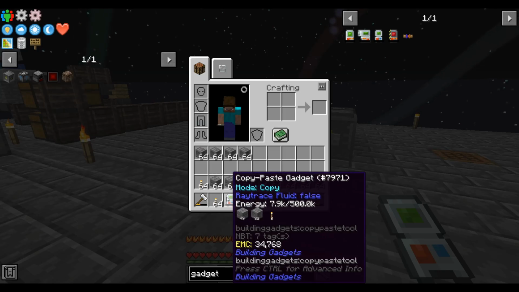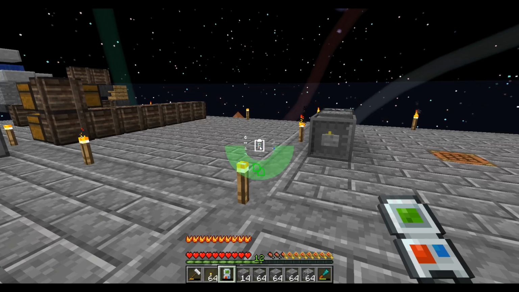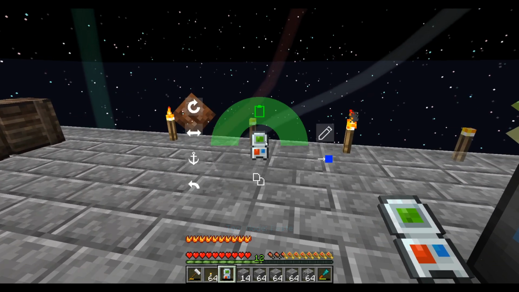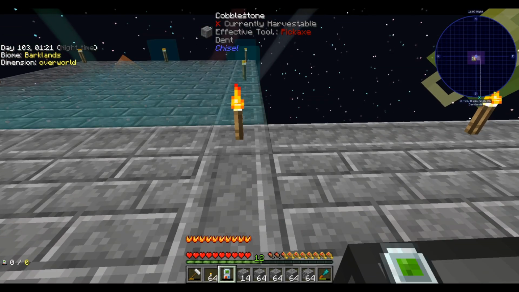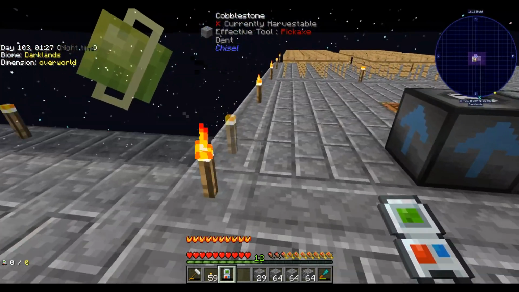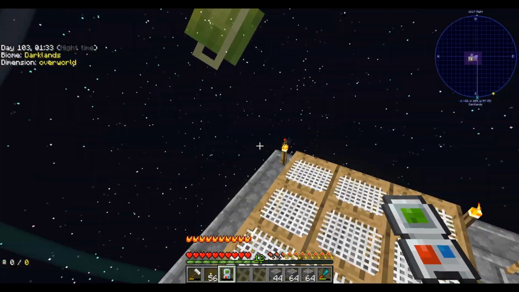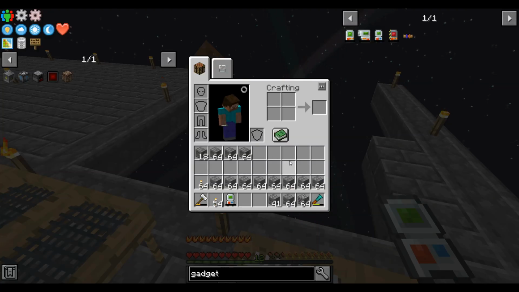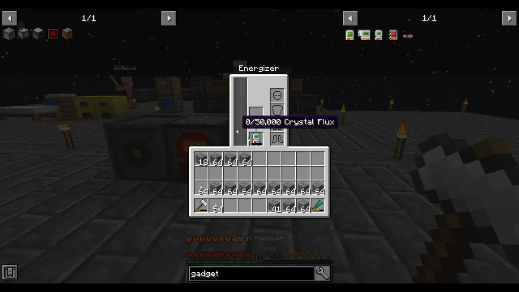So now that I have all the materials, you see that all the numbers aren't in red. And we have to go to paste mode. So once again, switch it to paste mode, and you get a little preview. And we want to rotate it like that. And I think that's just what we do. There we go. And that'll just extend our platform for us with 1 click. So it saves a lot of building, chiseling, etc. time. Oops, until you run out of materials at least. Or power. Looks like it takes a little bit more power than I had thought, so...